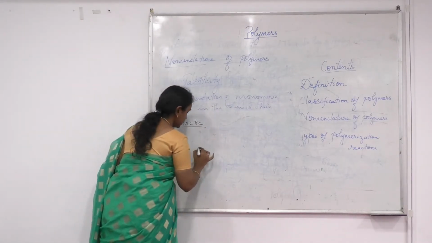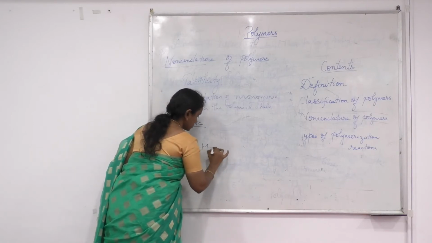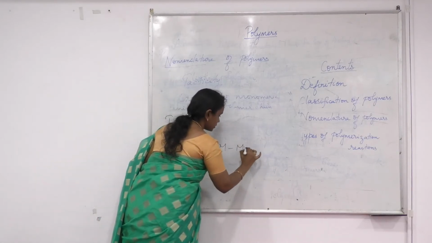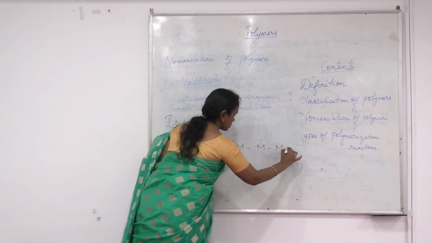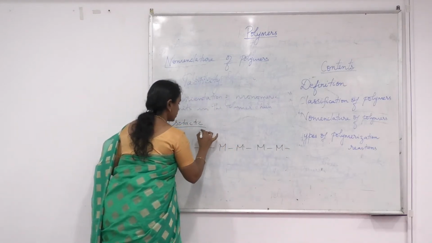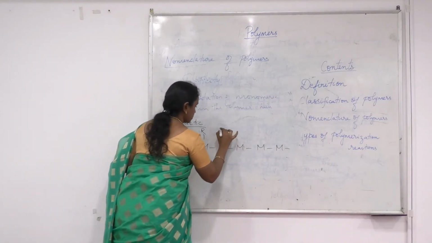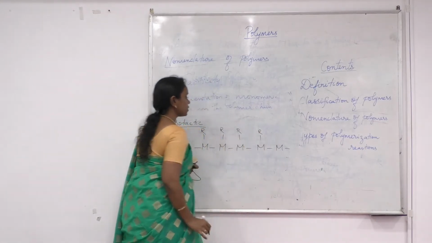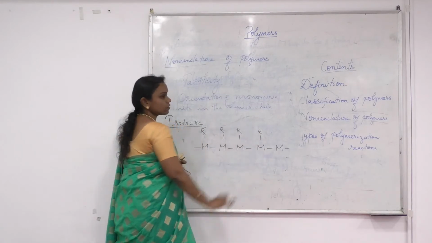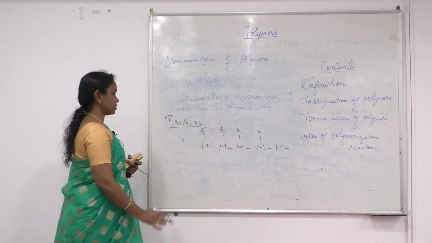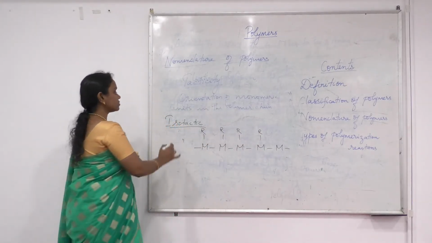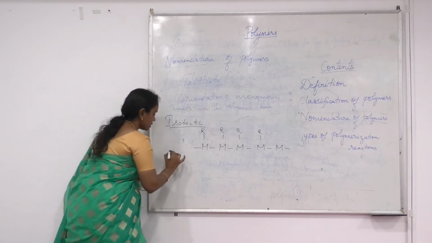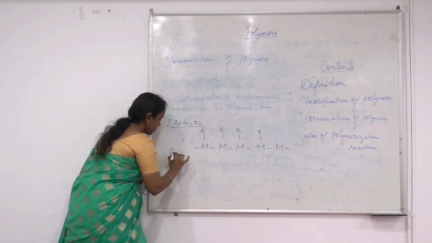For example, this is our polymeric chain, and these are our functional groups. Since all the functional groups are lying on the same side of the polymer backbone of the chain, it is known as isotactic. Then there is another type called